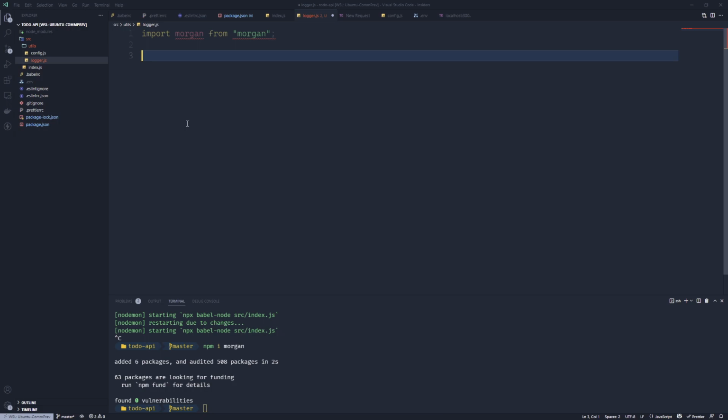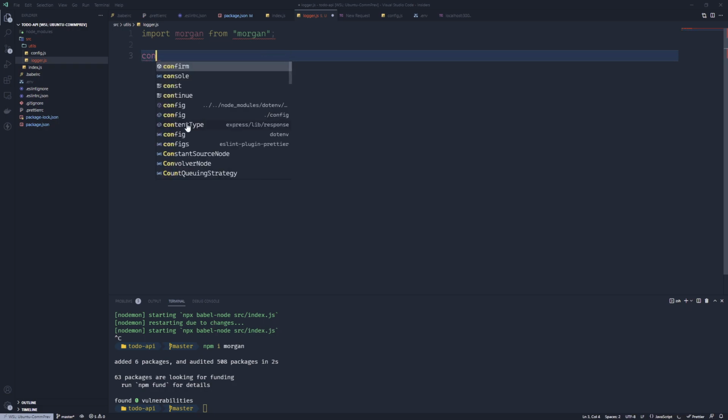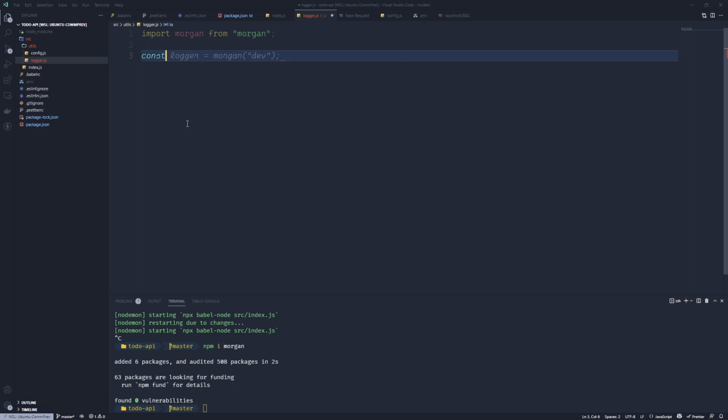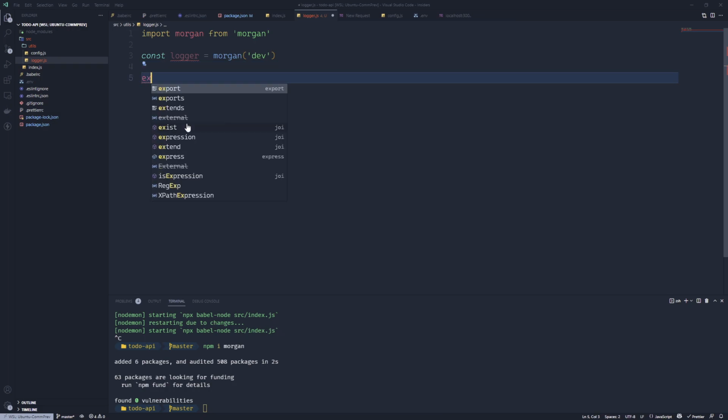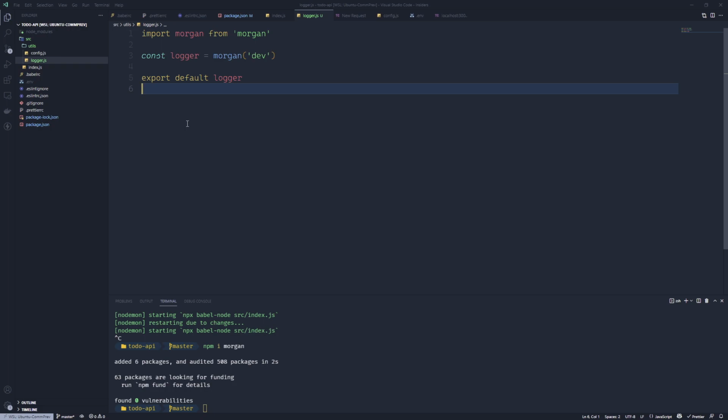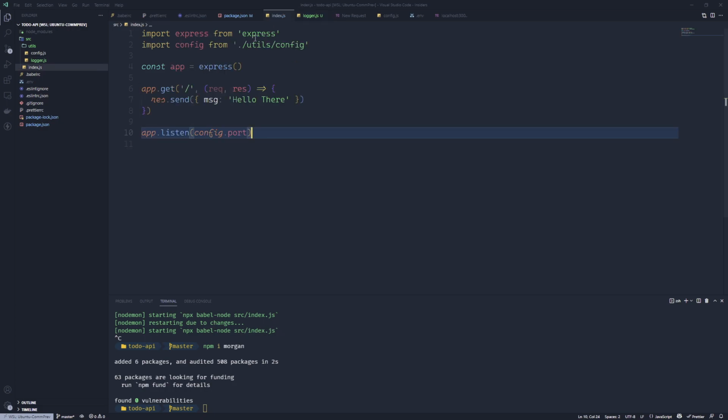And we can use const logger equal Morgan development, and we'll do export default logger. Simple like that. This is what allows us to do in our index, we just need to import